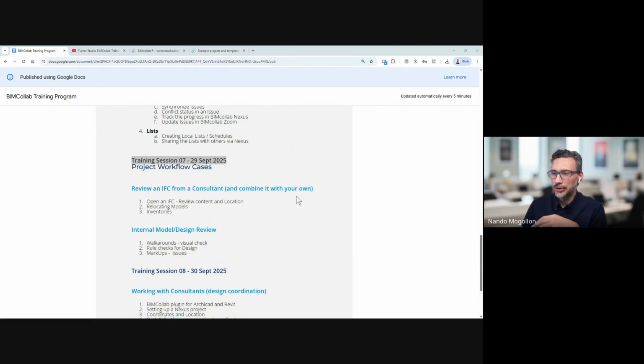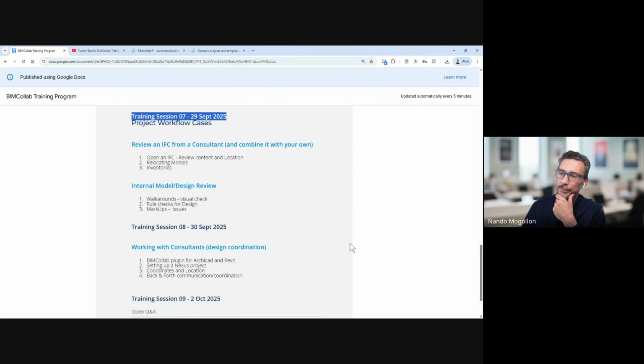The whole idea is to touch on project workflow cases that give you an idea of the typical tasks and skills you need to learn when you're dealing with consultants using other software, where the software is sharing IFC models, which are typically the format for BIM models that can be exchanged across multiple platforms. So what we're going to cover in these 3 sessions, just to give you an overview, will be the